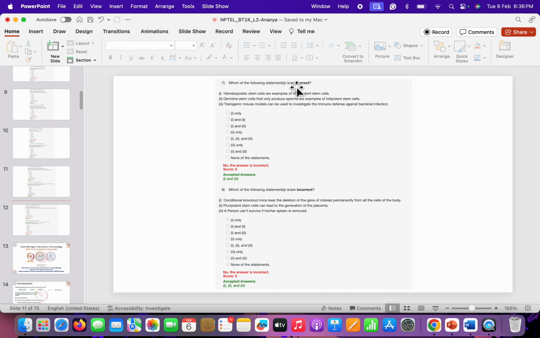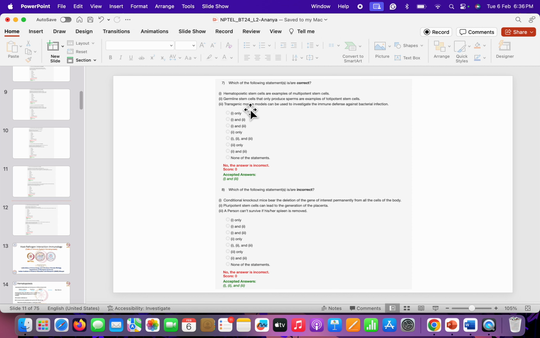Which of the following statements are correct? Hematopoietic stem cells are examples of multipotent stem cells. This is correct. Germline stem cells that only produce sperms are examples of totipotent stem cells. No, we will talk about this potency, and then multipotent, totipotent, pluripotent,